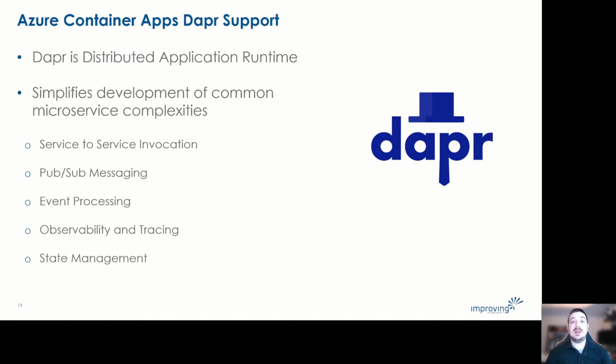Observability and tracing. This will natively work with Azure App Insights to display tracing data and track requests through your microservice application. State management, similarly, if you're going to try to store state, you can point Dapr at Azure storage accounts or an NFS share, anything you want, just reconfiguring a config file, and you don't have to change any of your application code to leverage state management. It's a really powerful tool that's natively built in and supported with Azure Container Apps.